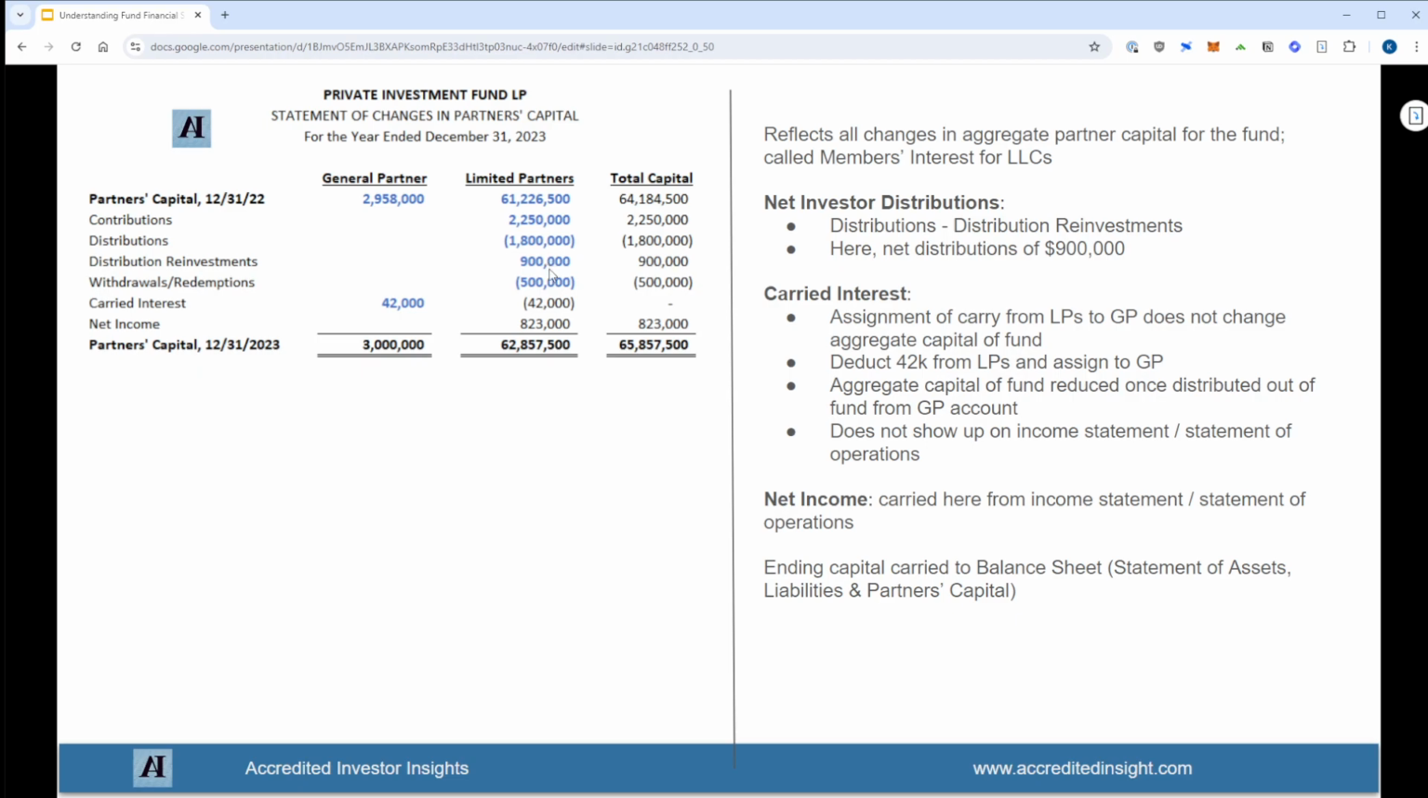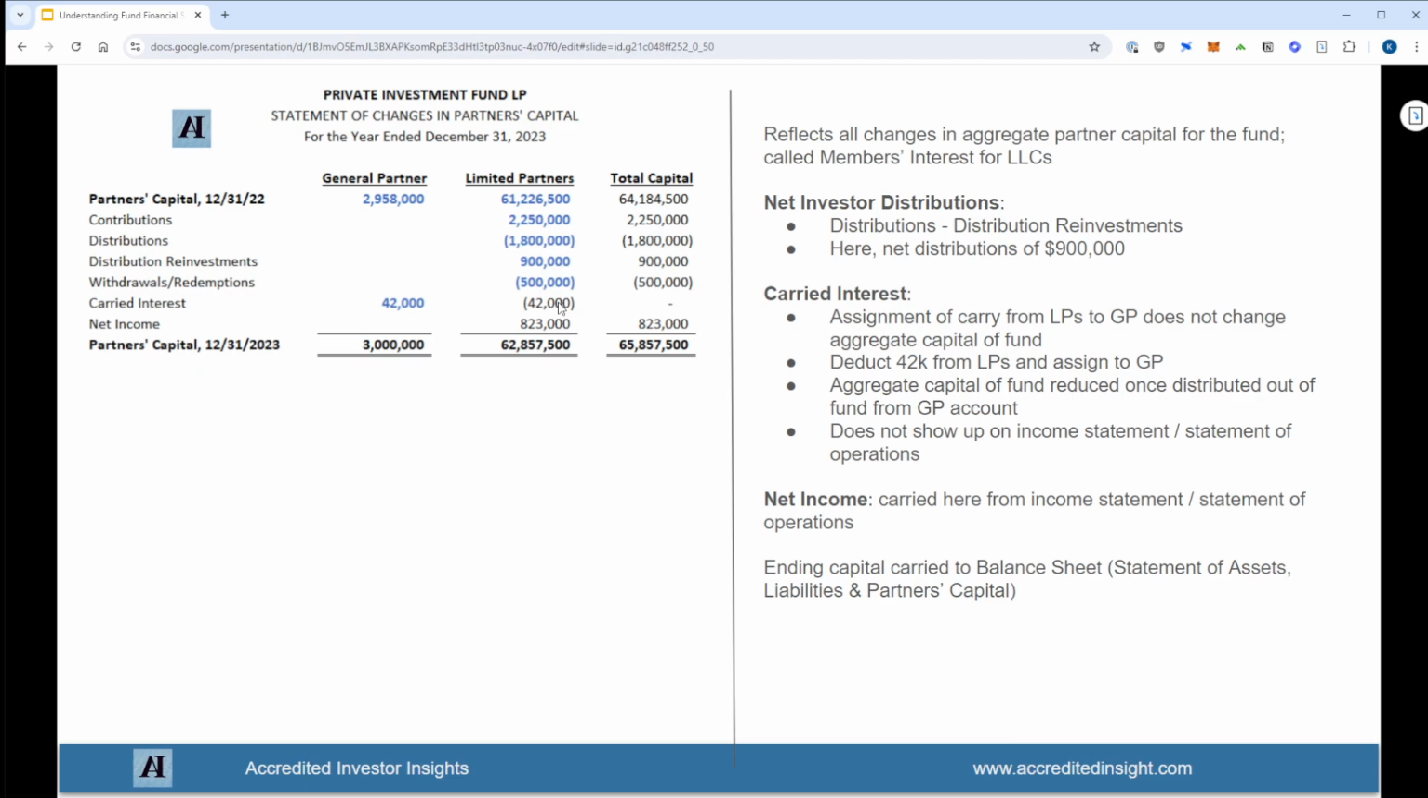Next, the redemptions and withdrawals, and these are pretty much the same for our purposes, just a little bit different terminology can be used. But these are obviously your requests for redemptions, right? Different than distributions. The next row is the carried interest, and this is what we talked about